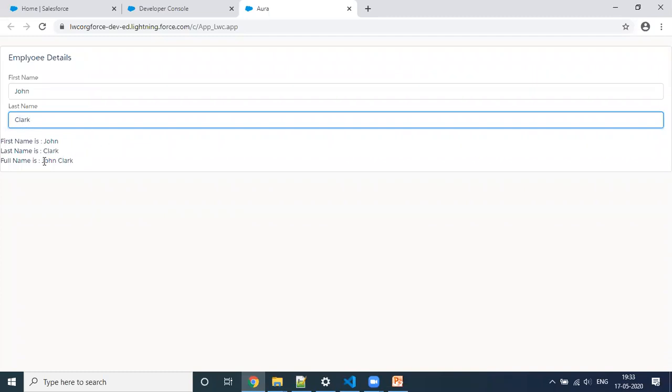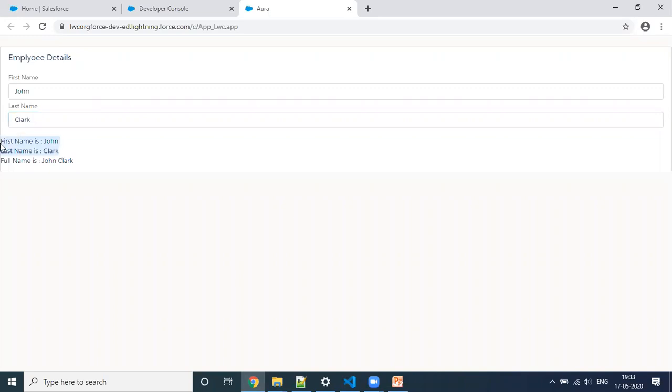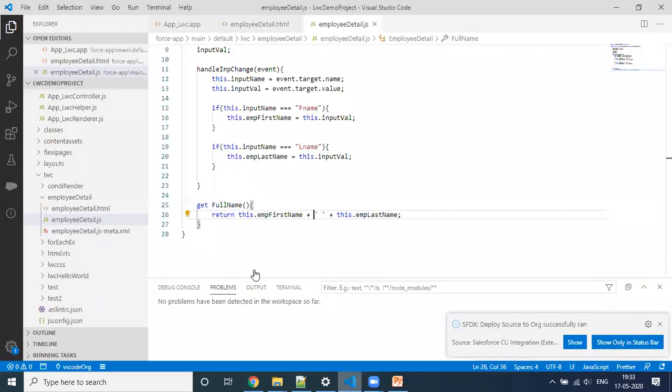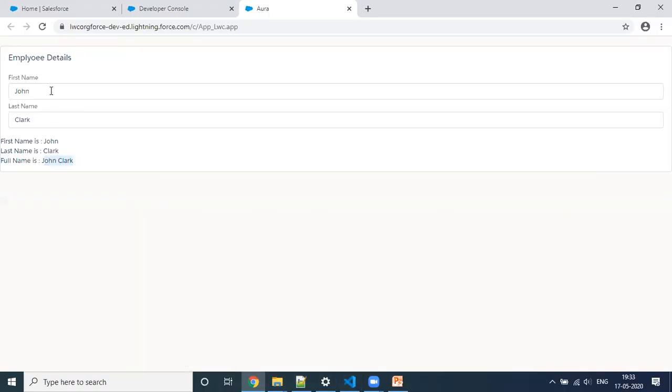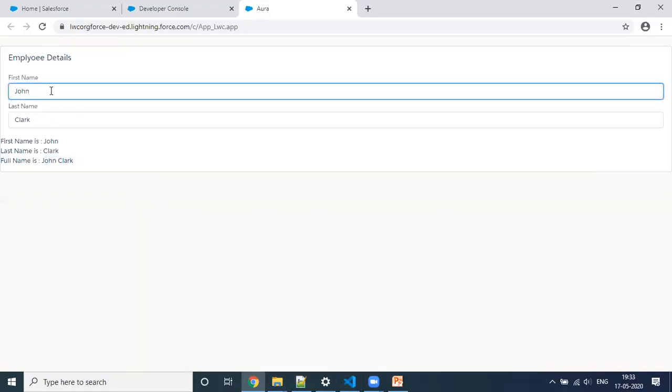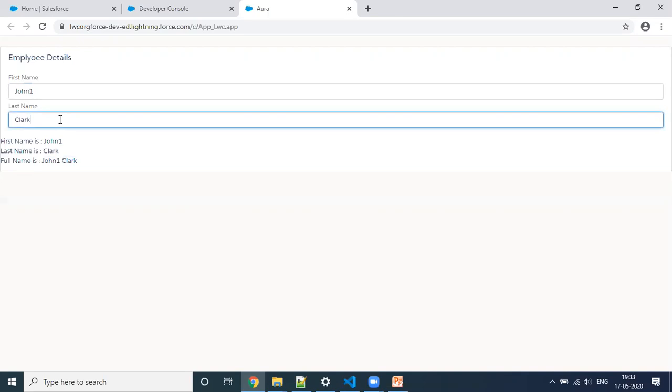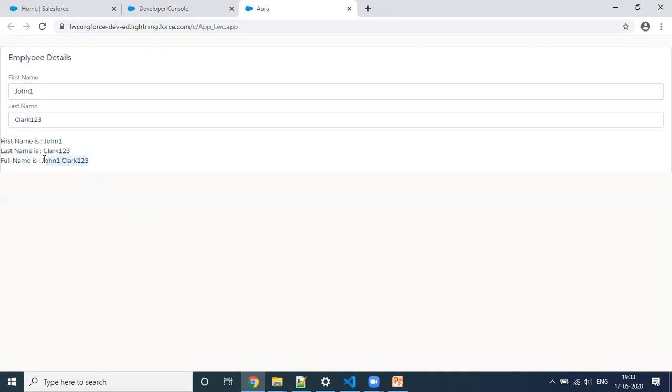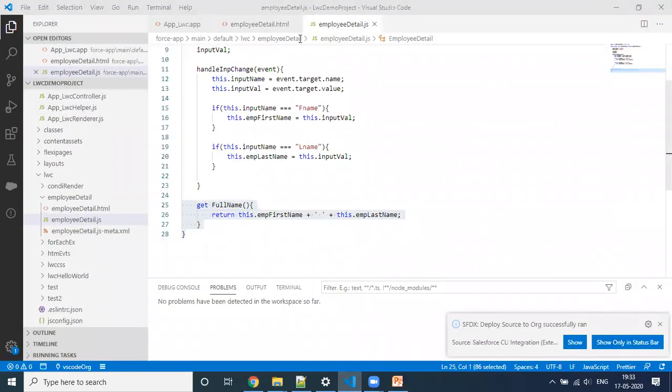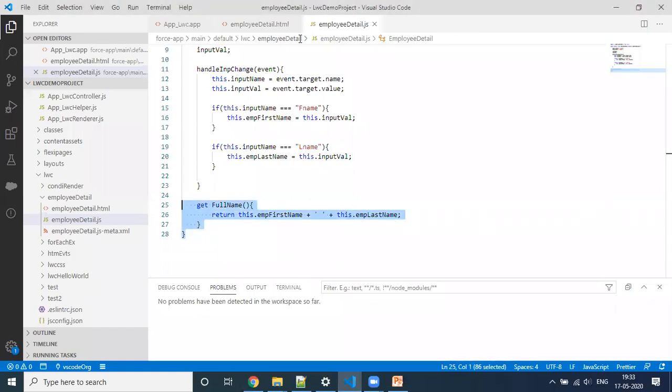So here you can see first name and last name are okay, but the full name is also changing, John Clark, and this full name we have defined in the get method. So anything you enter, like John 1, Clark 123, the changes will reflect immediately in the getter method. So this is the use of the get method that we use actually.